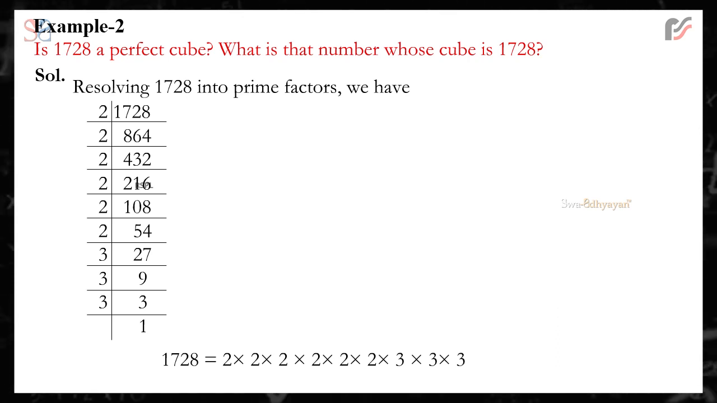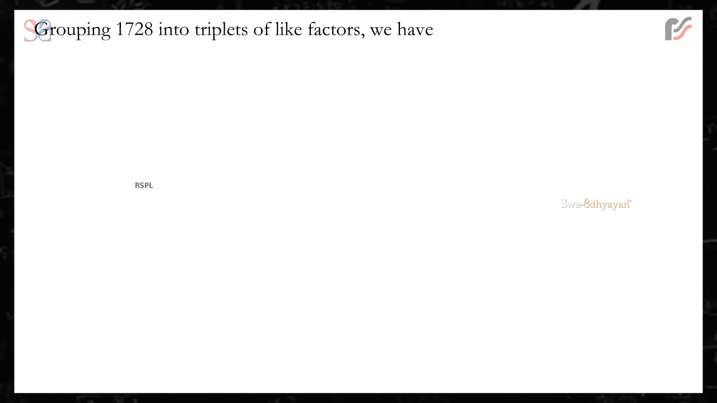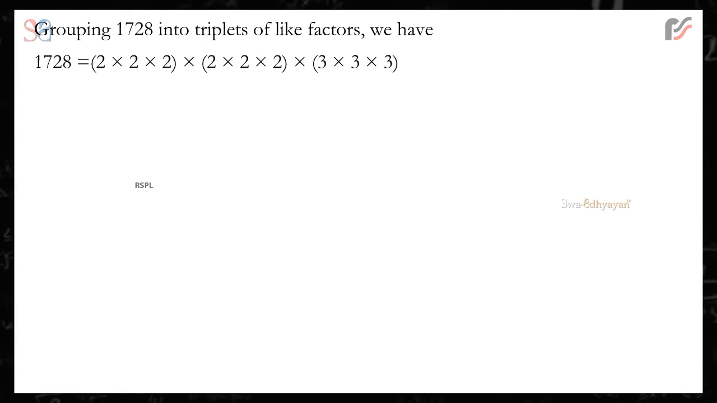1728 is equal to 2 into 2 into 2 into 2 into 2 into 2 into 3 into 3 into 3. Grouping 1728 into triplets of like factors, we have